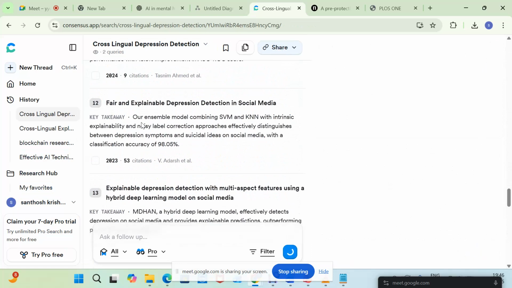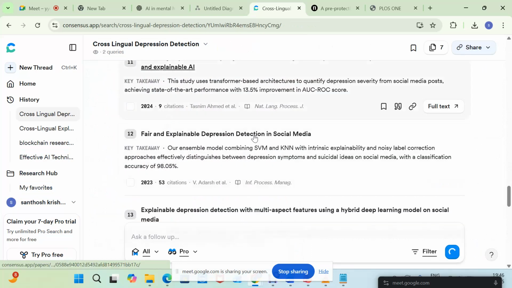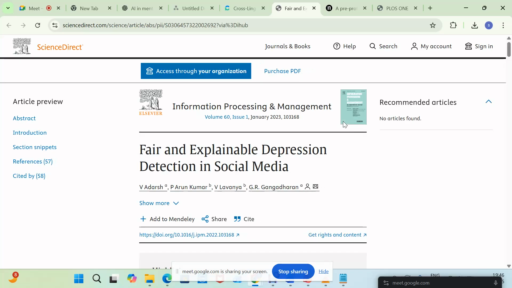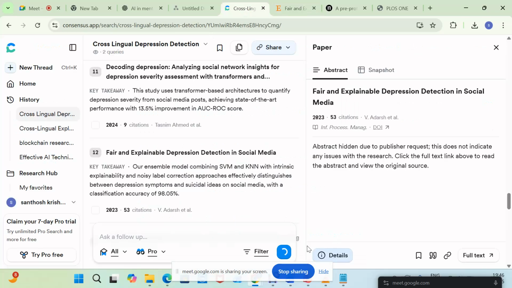Directly you can talk with the PDF also. If you have a PDF and have questions about it, you can ask follow-ups. In some tools you upload the paper and then give a follow-up, but here the uploading option is not available because it is a free version.